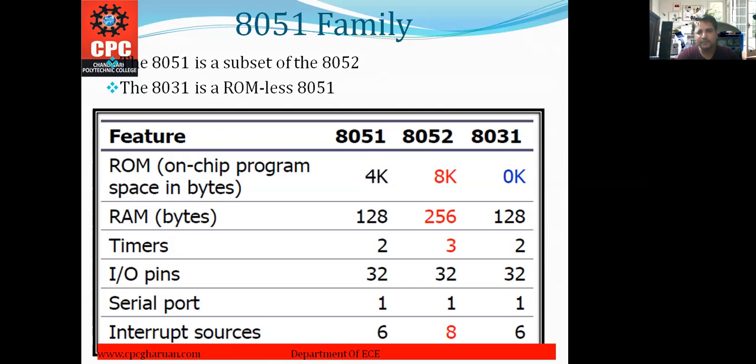And here is the comparison of all three family members, 8051, 8052, and 8031. Actually, 8031 is just a copy of 8051, but in this, there is no ROM. Here it shows 0 kilobyte ROM, because it doesn't use any ROM. So we also say it is a ROM-less 8051. This is the comparison chart of these three 8051 family members.